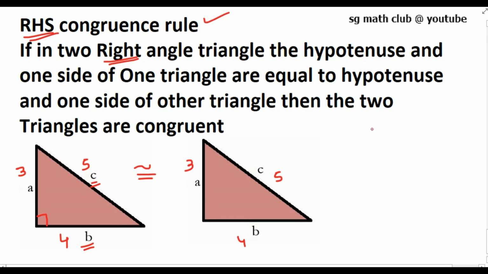So we have SAS congruence rule, ASA congruence rule, AAS congruence rule, and SSS congruence rule, and finally whether to determine two right angles are congruent or not, we have RHS congruence rule. So with this 5 congruence rule, we can determine very easily whether two triangles are congruent or not. So only 3 parameters, if we have only 3 parameters, either 2 angles or 2 sides and 1 angle, we can easily find out whether two triangles are congruent or not.